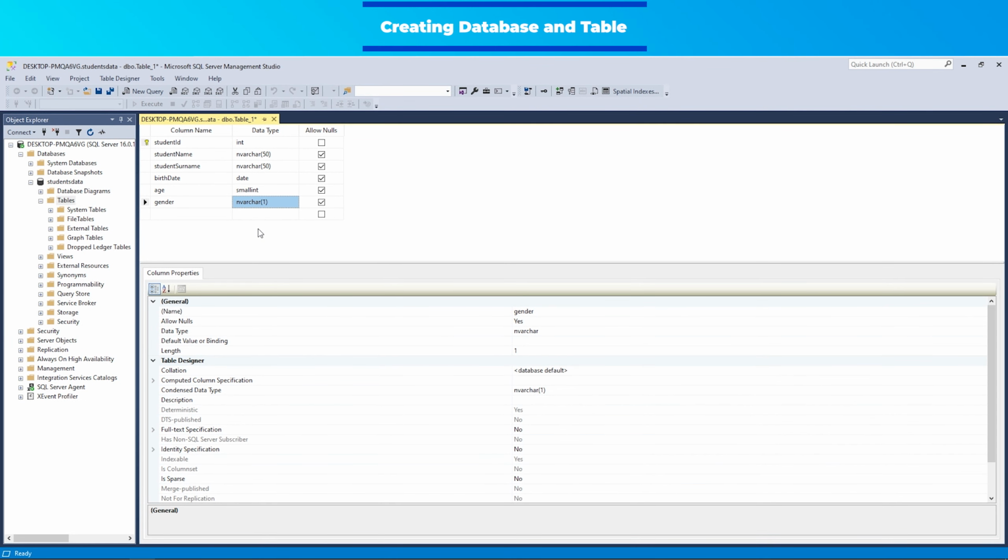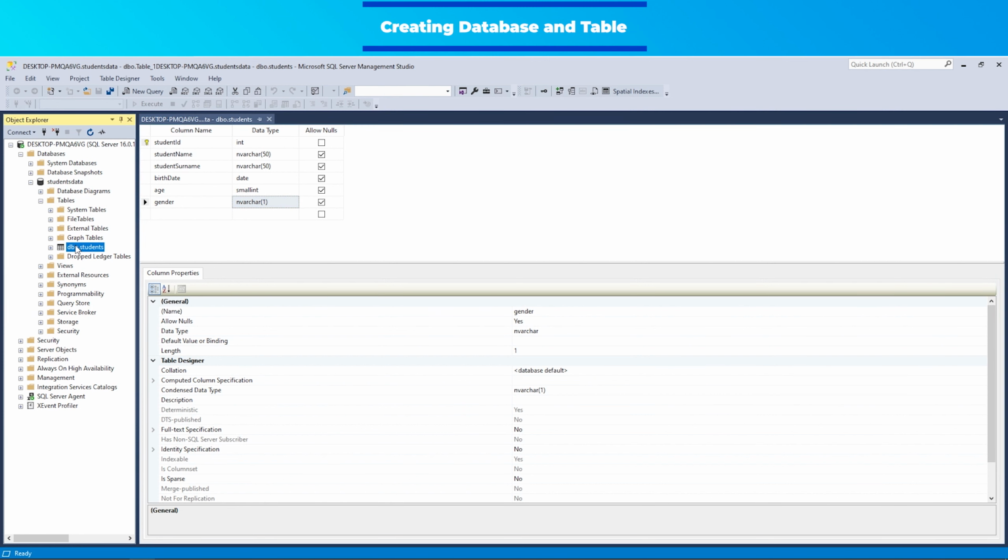I am specifying their data types. I don't want to go into the specifics of these data types here. It's a topic in itself and you can learn about data types by watching the next video. After a brief table definition, I am saving the table name as students. I refresh the tables area to view the newly created table.